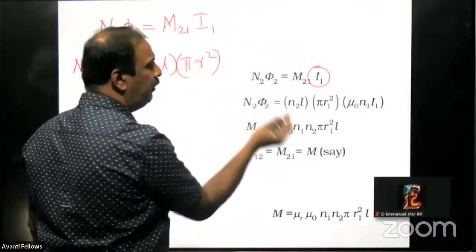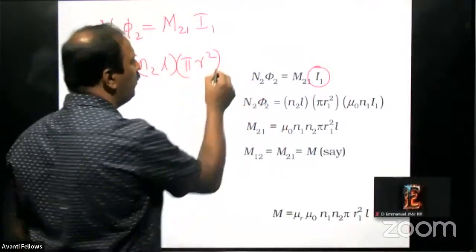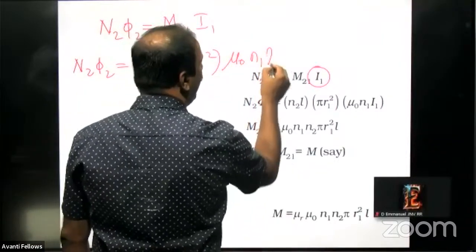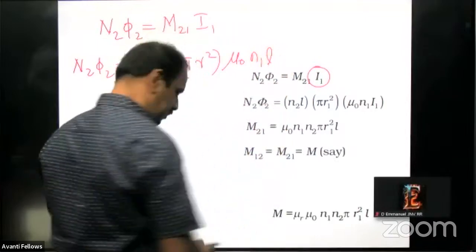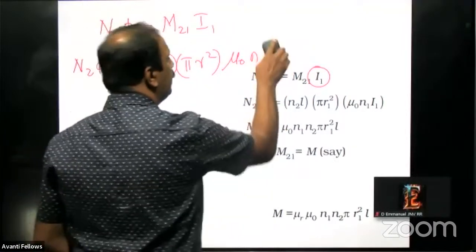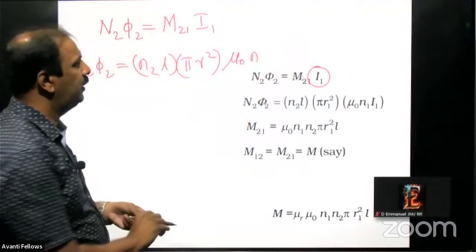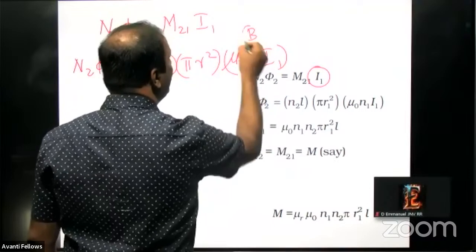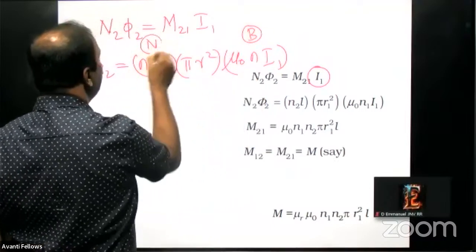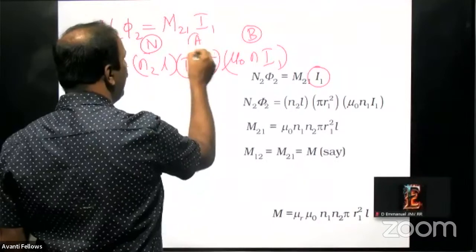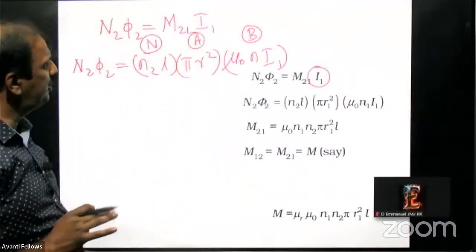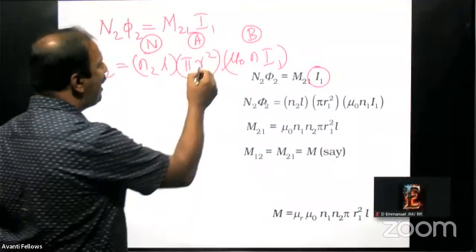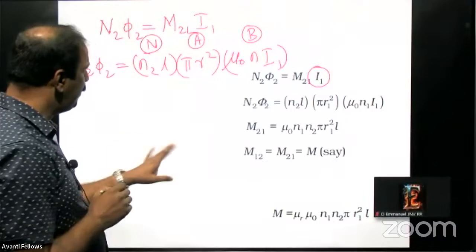Then afterwards, the magnetic field. The magnetic field is produced by the smaller one, which is mu naught N1 I1. Okay, so this is the magnetic field B. This is N, no doubt in that one. This is area, just like the previous equation. But the only problem is about this R, because in the previous one,